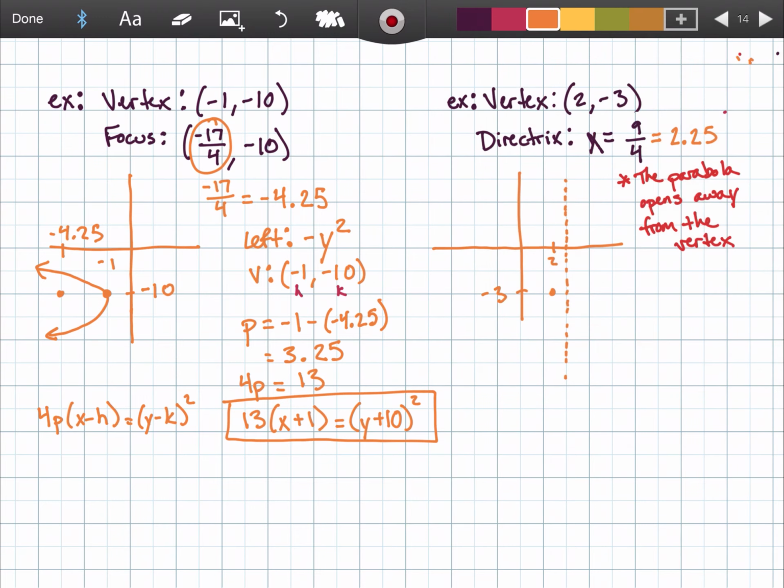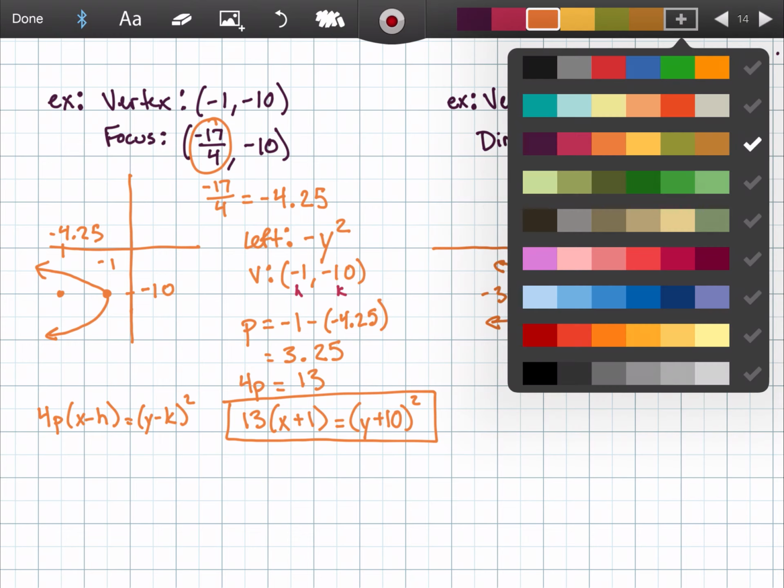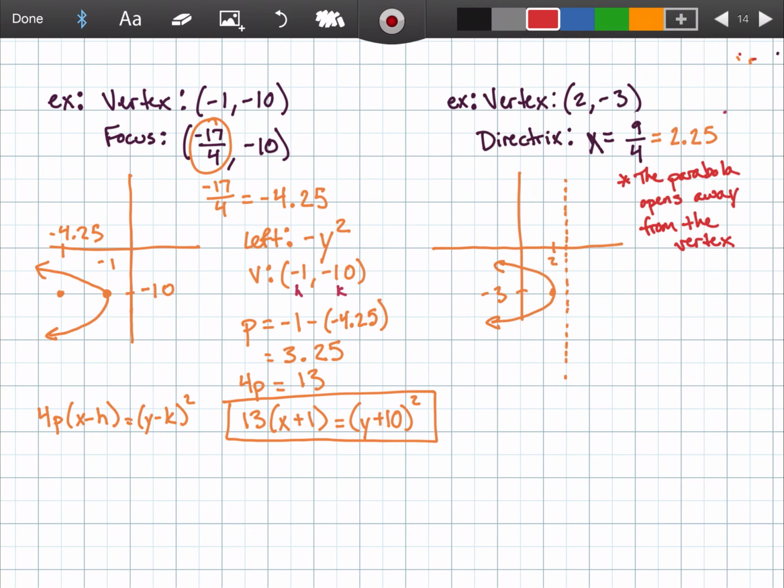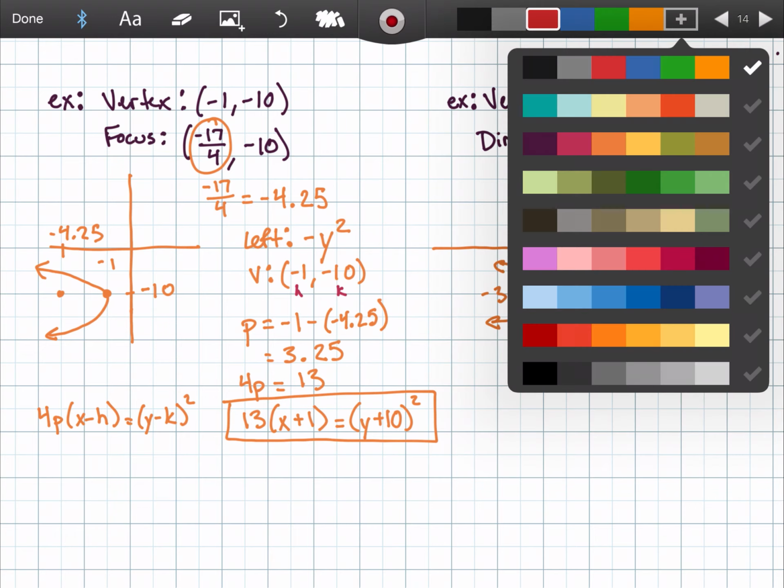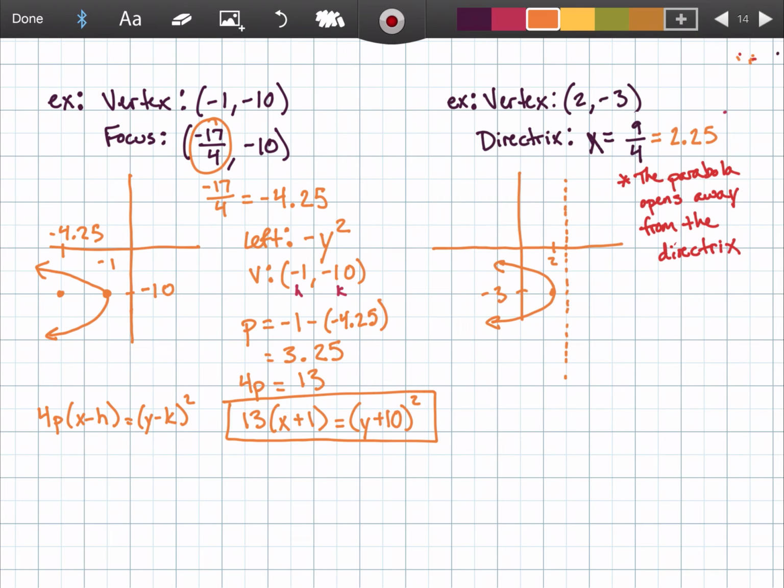So that means this parabola has to open away from the directrix. Oh my gosh, I put away from the vertex. They kind of sound the same, in my defense. From the directrix. There we go. Okay, point is I see that this is opening to the left,